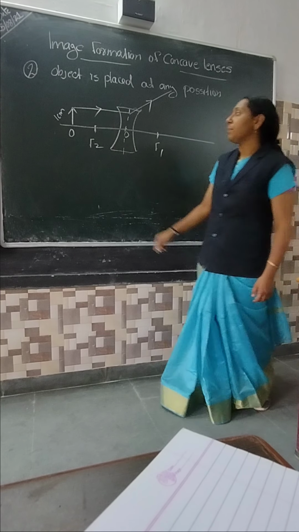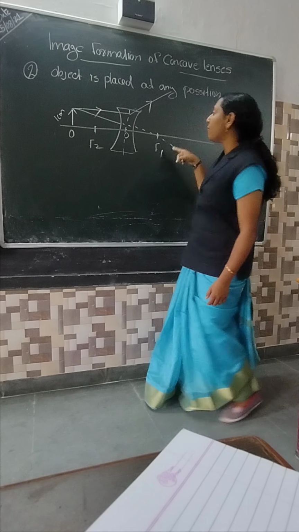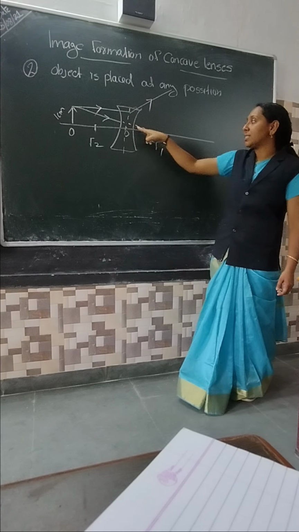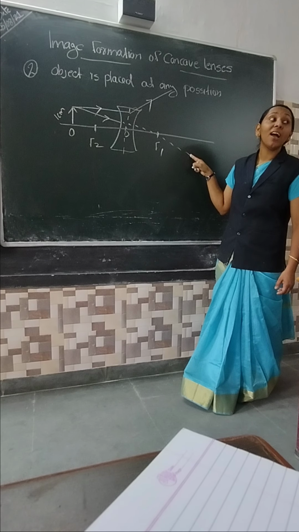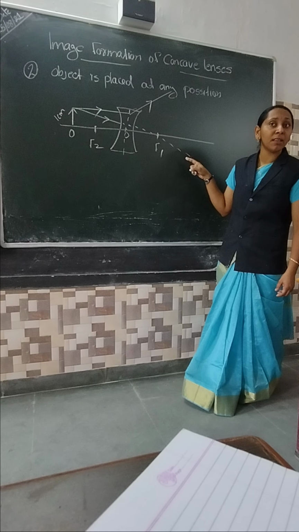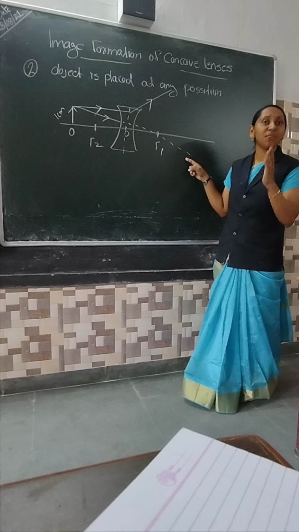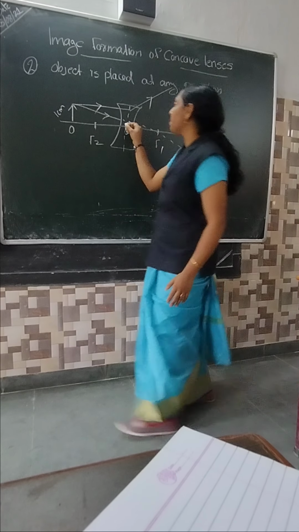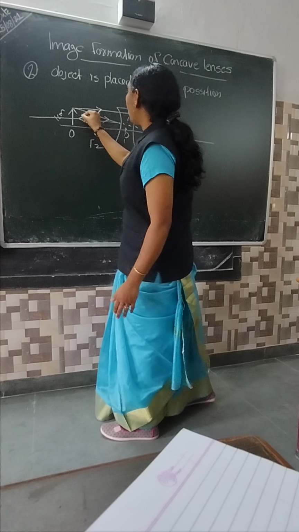Then the second rule: the incident ray passing through the optical center, heading toward the primary focus. Am I right? So that's the reason I can do it like that. This is my incident ray, and I'm just extending it. That ray is passing through the primary focus. After the divergence, it will be parallel to the principal axis. You remember the rule? Yes, miss. An incident ray passing through the primary focus, after refraction, will be parallel to the principal axis. So this is my divergent ray. Clear everyone? Yes, miss. Rule number 2 is clear.